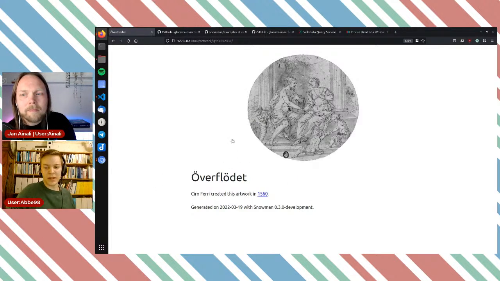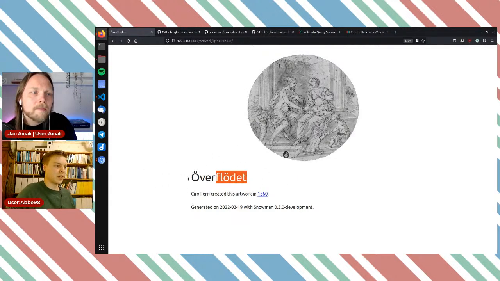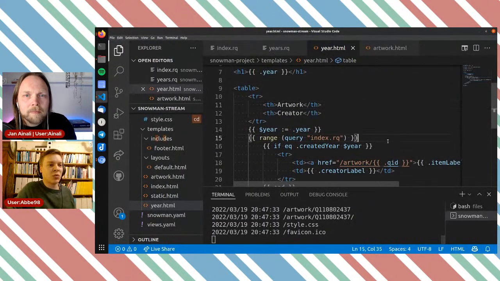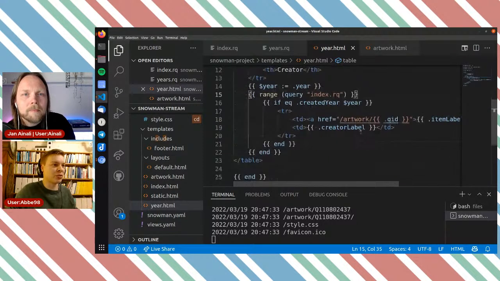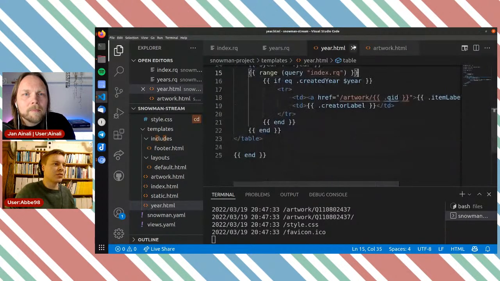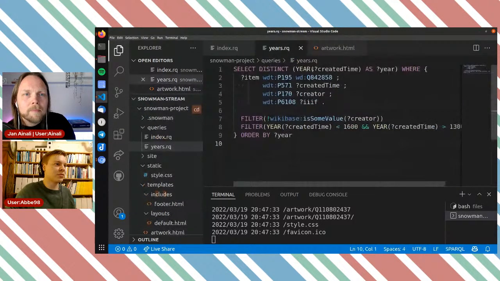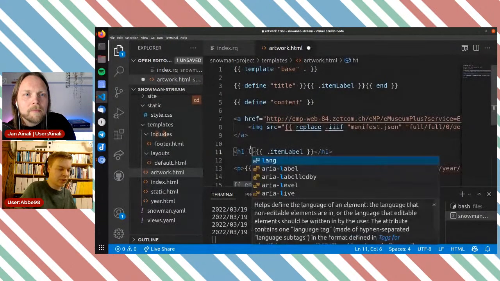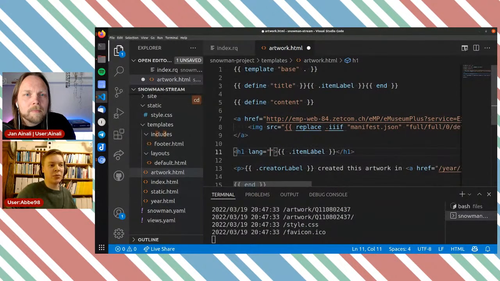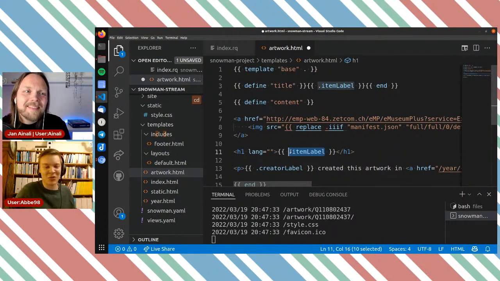So to make that work with things like screen readers and stuff, we need to be able to tell a browser which language it's in. And because Snowman is working not just with plain JSON data or things like that, but with actually RDF and SPARQL, something we can do, and we, for example, do on Gov directory when select labels, is being able to set the language for things, lang. And because item label is actually not a string, it's a string with a language label, so to say, because that's how RDF works.